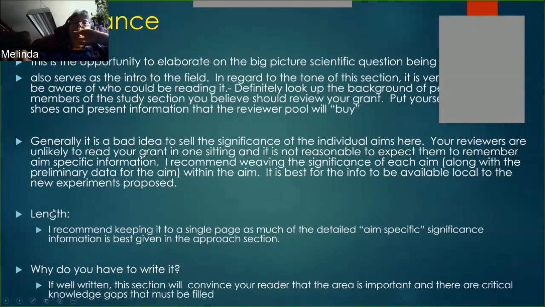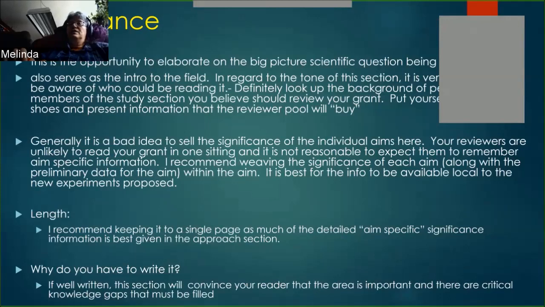Now, this length of one page is really set up for an R01 grant. This might be a little bit shorter, maybe down to half a page in your grant, because you only have the 4 pages total. Now, the significance section will convince the reader the area is important and there are